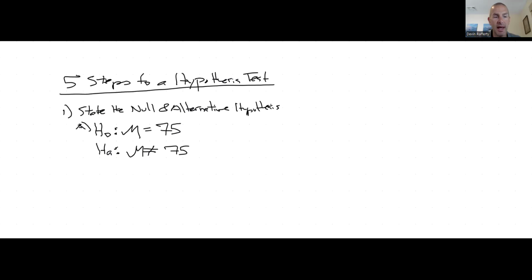Okay. So that's one thing that I could do. We'll call that case A. There's going to be three cases for step one. There's going to be A, B, and C. One thing that I might want to do, I might want to know, all right, well, is Home Depot going to be $75 at the end of the day? Another thing that I might want to know